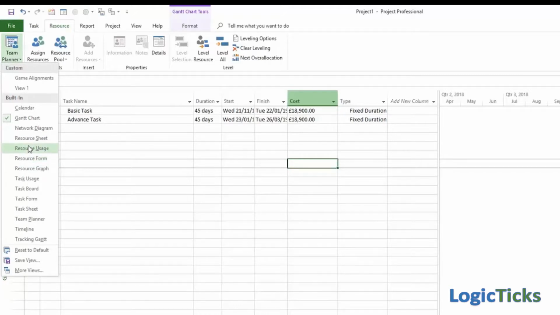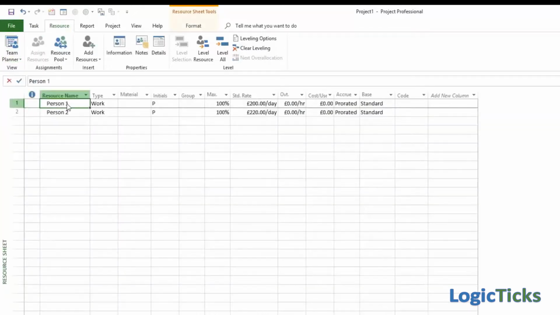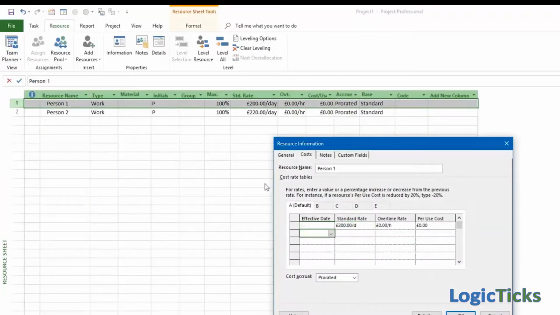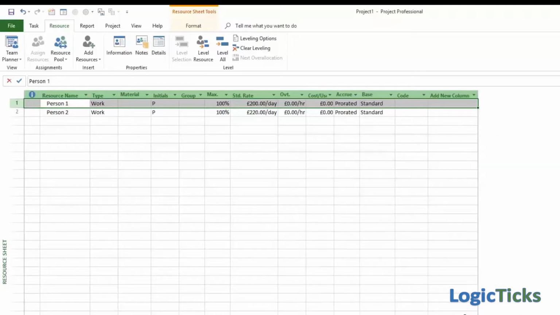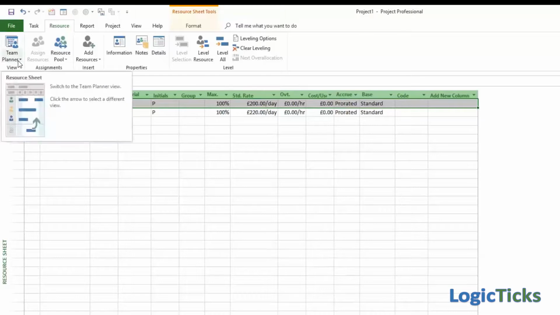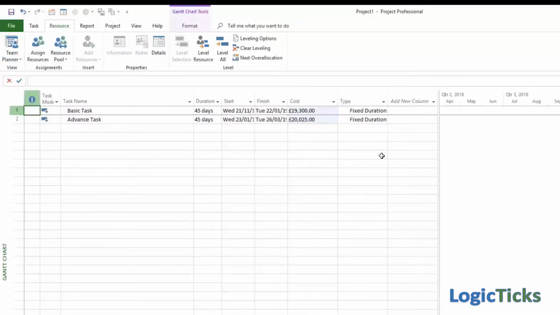So we go back into the resource sheet and we'll look at person 2 in particular, and actually decide that come the 1st of January they're going to get an increase in rate, and we want to apply that to our project plan. So then £225 per day from the 1st of January. We have to now look back at our Gantt chart. We see that there's an increase to both of the tasks, but